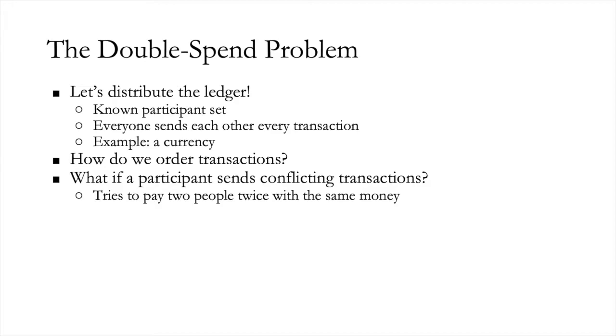Then the network has to, if we want it to come to consensus, if we want this currency to be functional as a currency, one of the essential properties of a currency is that it cannot be double spent, otherwise it's not very useful. You want it to be the case that someone can send 5 units of currency only once, and that those 5 units of currency are conserved, or that the total balance of the currency is conserved. So we need some way for the network as a whole, for all of the participants running this ledger, to choose between these 2 histories.